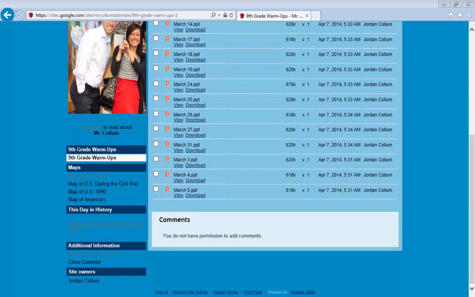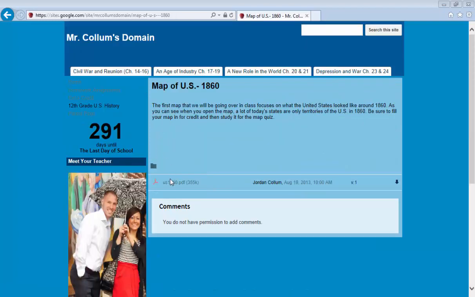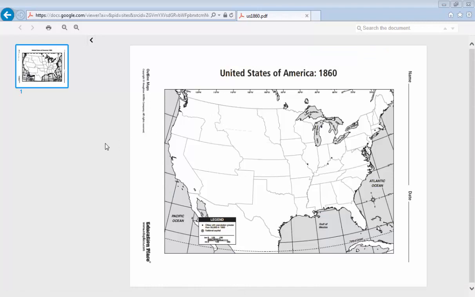Below that is your maps. Okay? And as you saw in the syllabus, you will have map quizzes throughout the school year. And as you can see, last year they had 4 map quizzes. Okay, and I put all of the maps on here for a couple of reasons. Okay, this is the first one that they took. First reason I put this on here is, let's say you have a map quiz tomorrow, you get home, realize you forgot your map. Well, this is nice because you can get on the class website, pull it up, print it off, and still study for your map quiz.